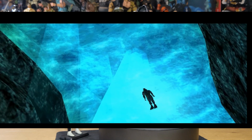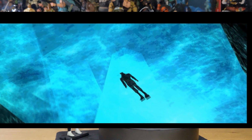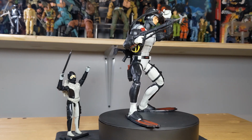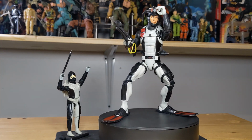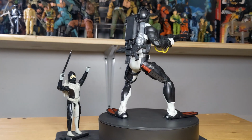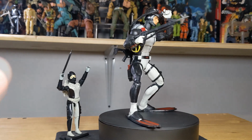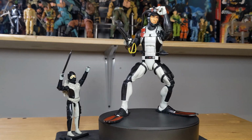When I was growing up, he was also one of the first, I think it was the 25th anniversary figures that were coming out during that time. One of the first figures was Torpedo himself. I've long lost all of the accessories for that figure, and I don't know where it is. But yeah, this figure really much